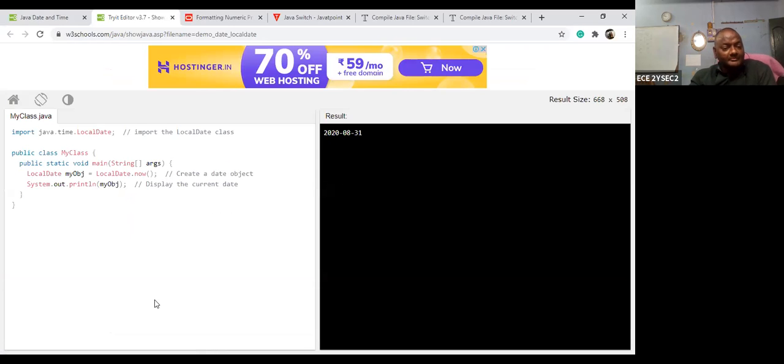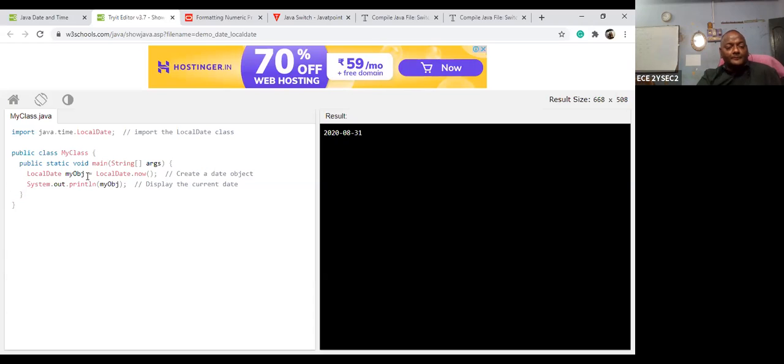Suppose this is my object, the local date method. To display the time and the date, different methods are there. This is called LocalDate, used to display the date value. What is today? 31st August 2020. You can change this format also.